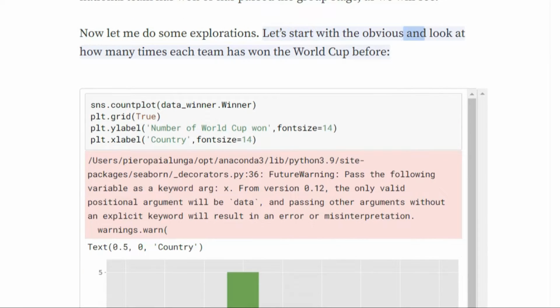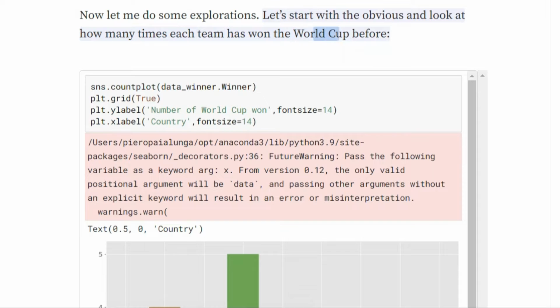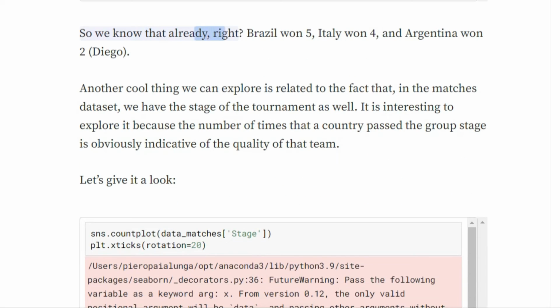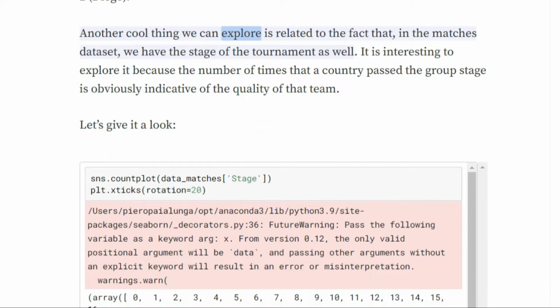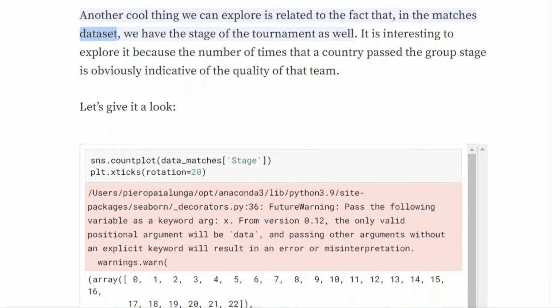Let's start with the obvious and look at how many times each team has won the World Cup before. So we know that already, right? Brazil won 5, Italy won 4, and Argentina won 2. Another cool thing we can explore is related to the fact that, in the matches dataset, we have the